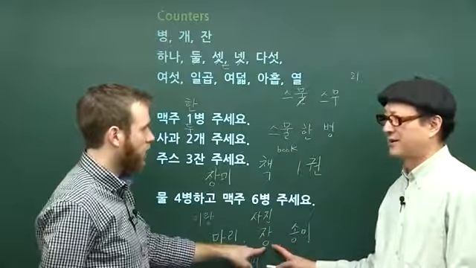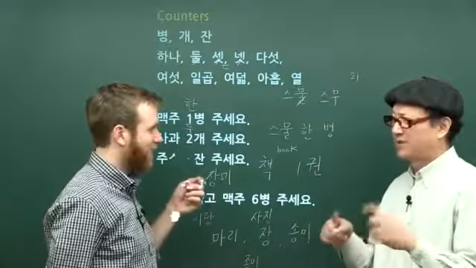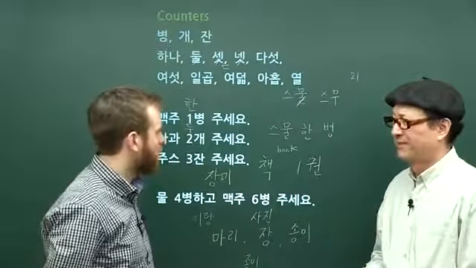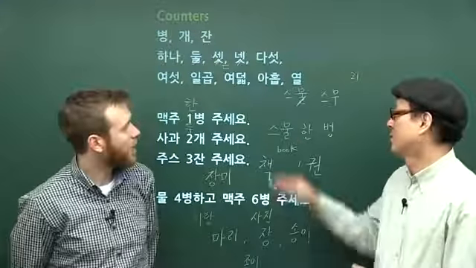그러면은 Would that be 장? 네, 장이에요. Because it's a flat paper object. Okay. 그럼 장이고. All right. 그다음에 또 뭐